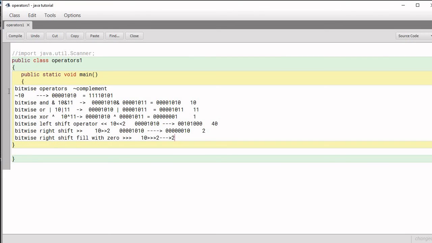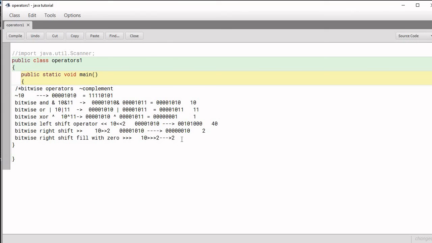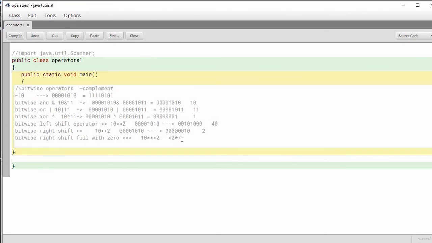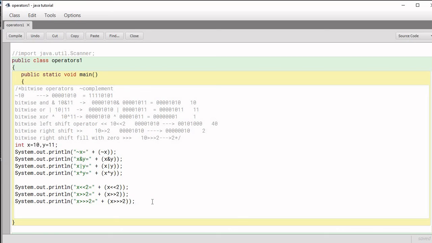So all these are bitwise operators. Let's make a simple program so that you can understand how they work. Let's take two integers. I have covered all the bitwise operators here, so let's execute this.